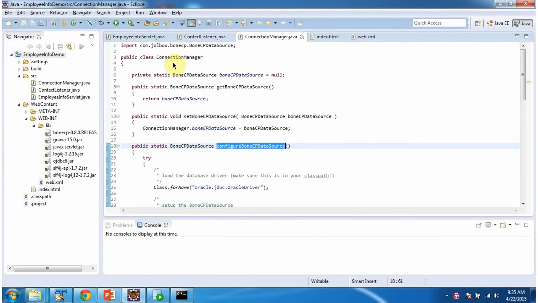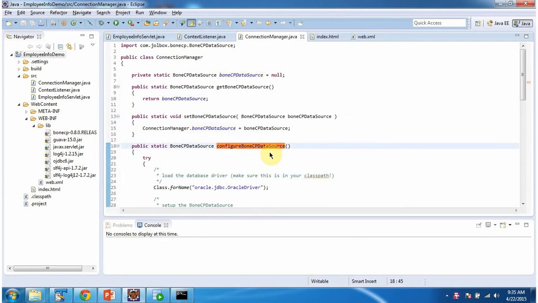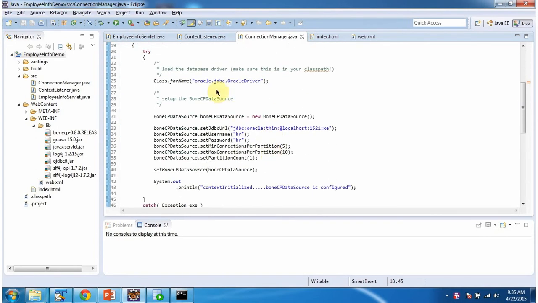In the connection manager class, I have declared a BoneCP data source variable, and I have defined setter and getter methods for this variable. And in the configureBoneCPDataSource method, I am loading the Oracle database driver. Then I am creating the BoneCP data source object, and I am setting the URL of the Oracle database, username and password.